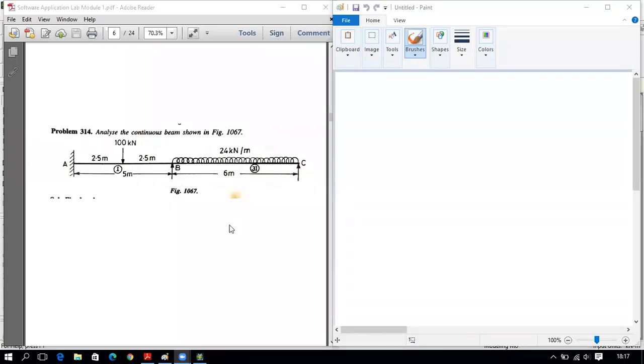Hello everyone. Let us continue the fourth problem of continuous beam. So this is the problem. Analyze the continuous beam shown in figure. AB, BC is the beam. So here,